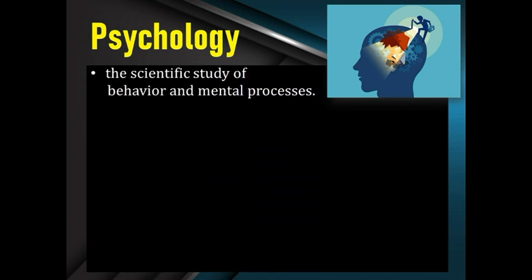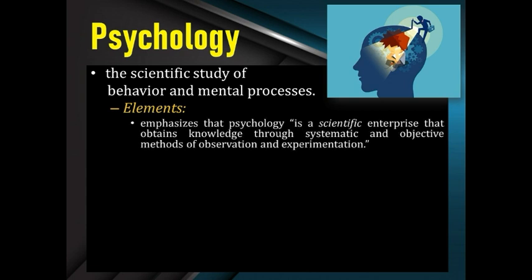Seventh, psychology. Psychology is the scientific study of behavior and mental processes. It is the scientific study of behavior and the mind. There are three elements in this definition. First, it emphasizes that psychology is a scientific enterprise that obtains knowledge through systematic and objective methods of observation and